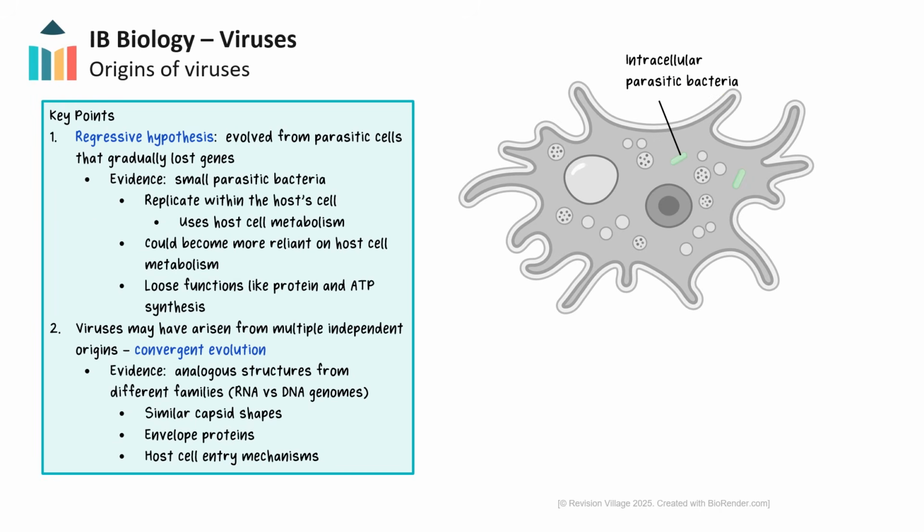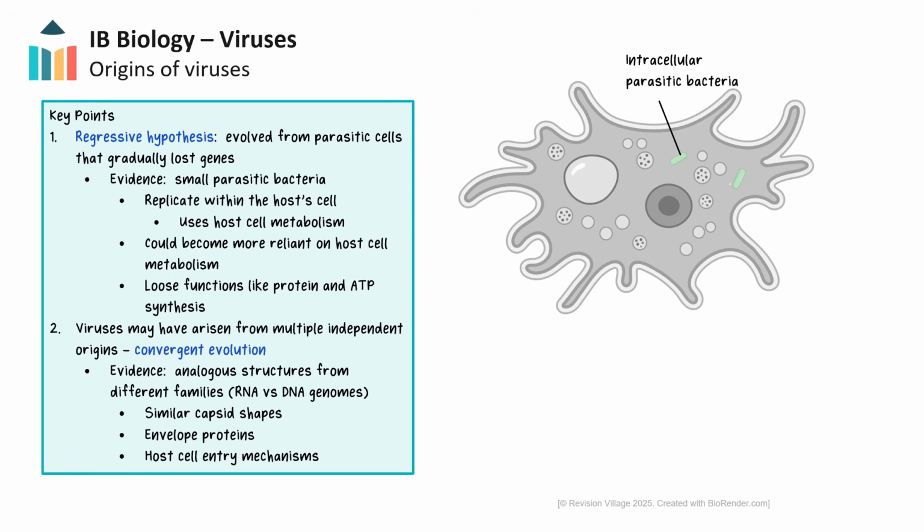Another theory is the regressive hypothesis, which suggests that viruses evolved from small parasitic cells that gradually lost genes as they became more dependent on their hosts. This theory is evidenced by a group of bacteria that are much smaller and parasitic. They replicate within a host cell, often using their metabolism, much like a virus would. Over time, these parasitic bacteria could become more reliant on their host cell's metabolism and lose functions like protein and